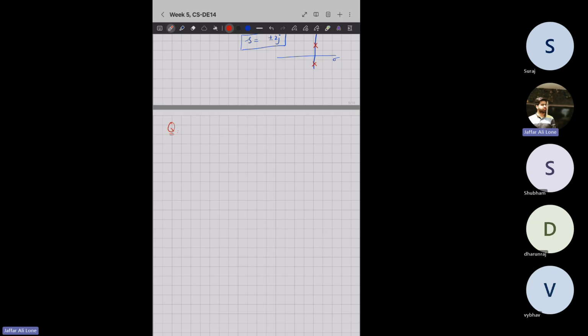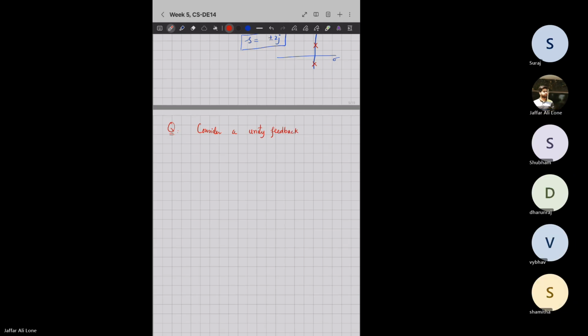Now another question. From now onwards, I'll mix up two things: either I'll use feedback or I will use a controller with this RH thing, because we have learned feedback. Consider a unity feedback. When I write unity feedback, something should come to your mind even if I do not make the block diagram. Consider a unity feedback system